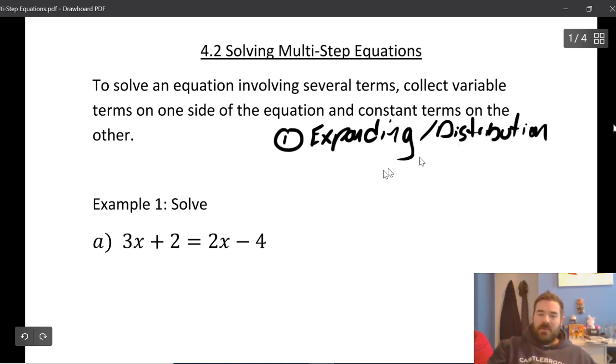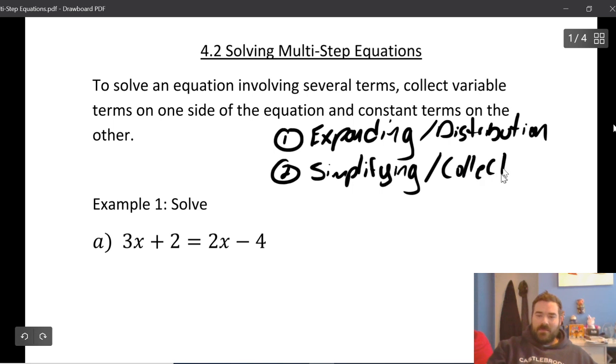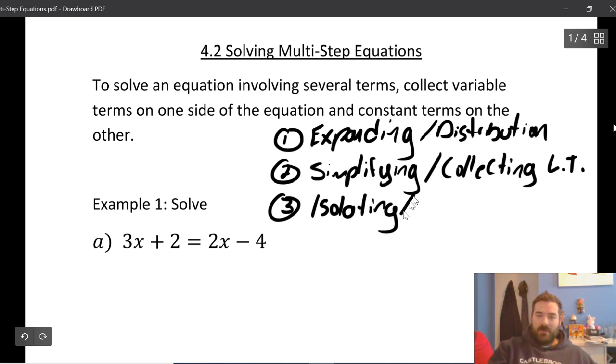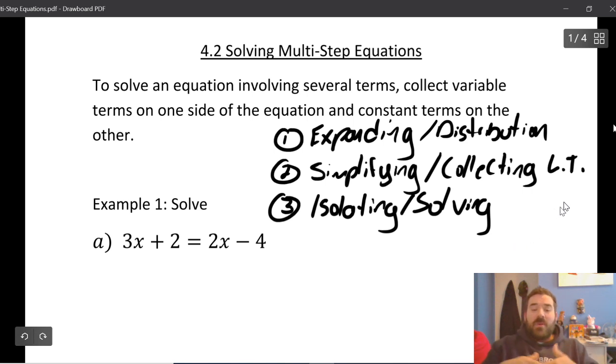If you need to, the second step is going to be simplifying, otherwise known as collecting like terms. Collecting like terms, and then the third step is going to be isolating or solving. And that's really the goal of these multi-step equations, is we want to find out what the value